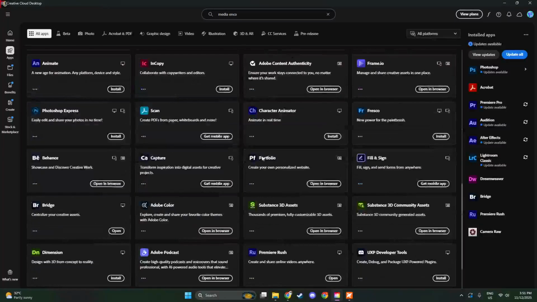In today's video, I'm going to teach you how to install Adobe Media Encoder using the Creative Cloud desktop app. Adobe Media Encoder is a powerful tool that is essential for media management and encoding in video production workflows. Whether you're preparing files for broadcast or uploading your latest video to the web, Media Encoder makes the process smooth